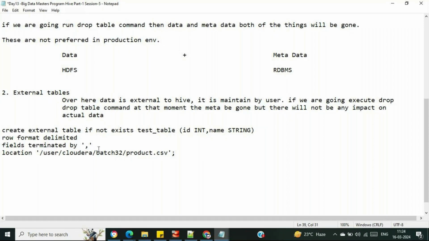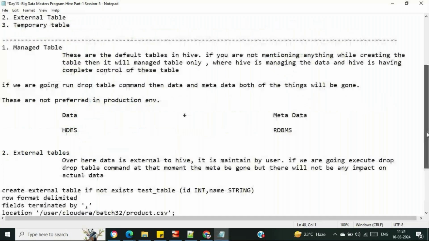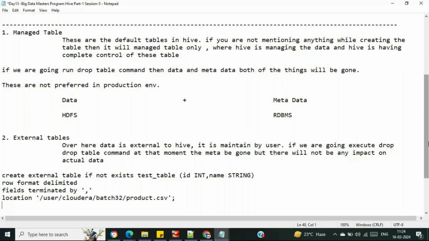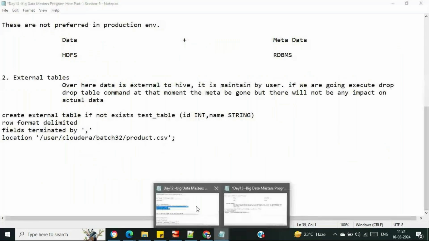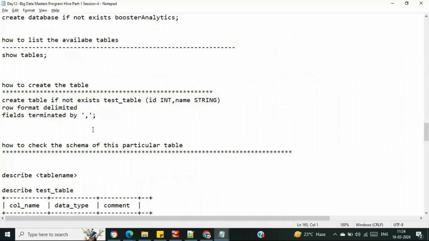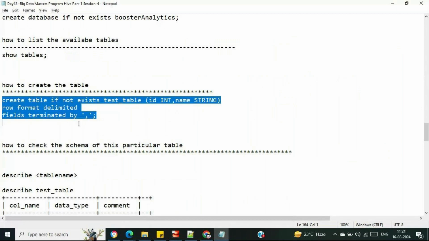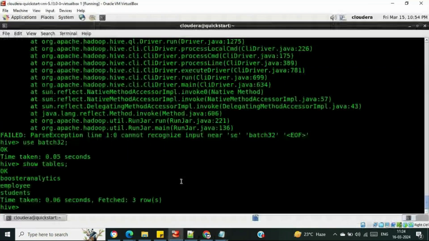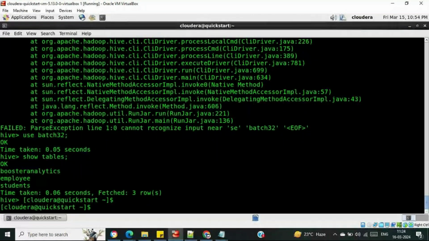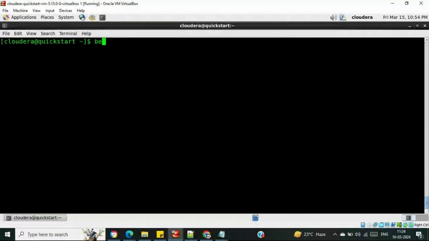Let me try to do it practically. So first we will create the managed tables, and managed tables are nothing but we can create them with this particular example. Say this is the command. Let me use beeline -u jdbc,